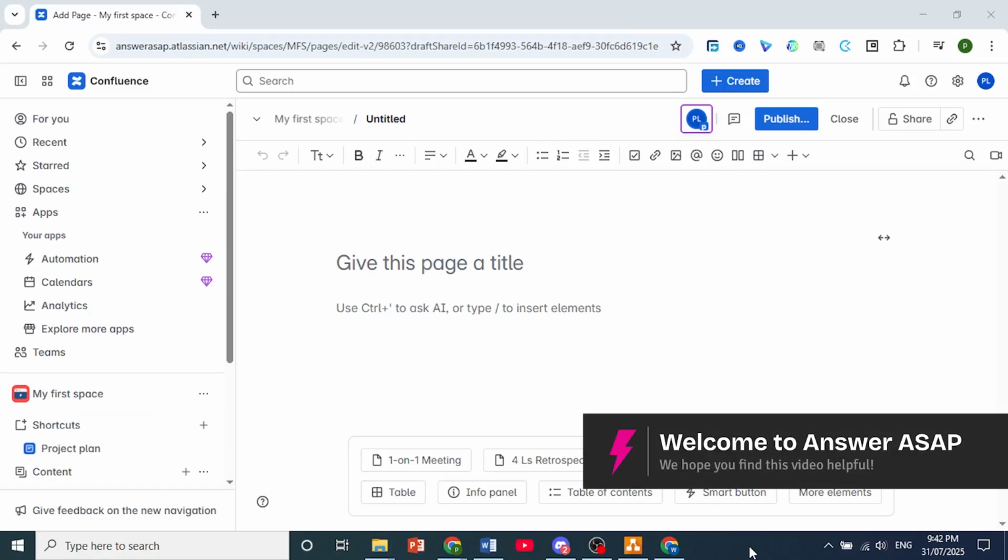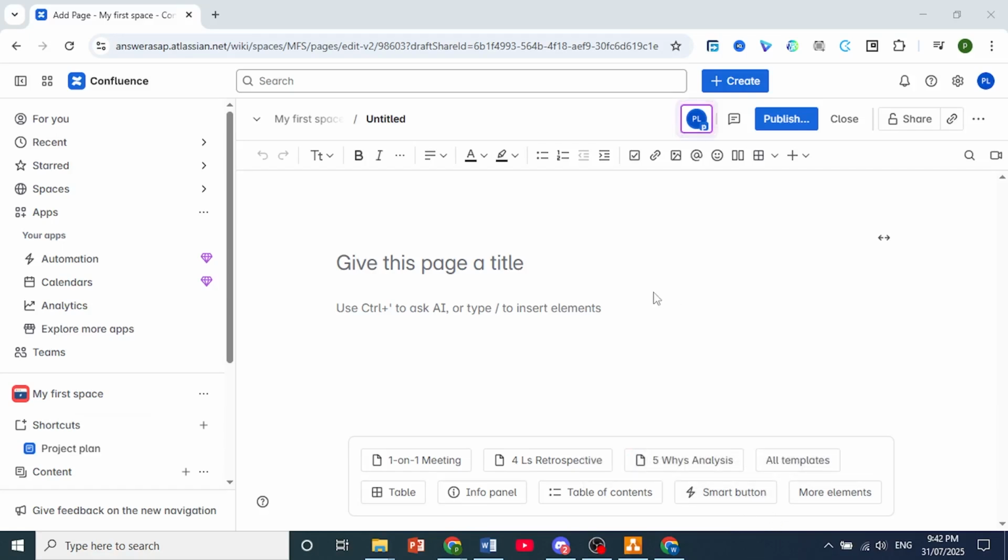Hey guys, in this video I'll show you how to add draw.io diagrams to Confluence. Well, the first thing I want you to do is come here to the left hand panel and click here